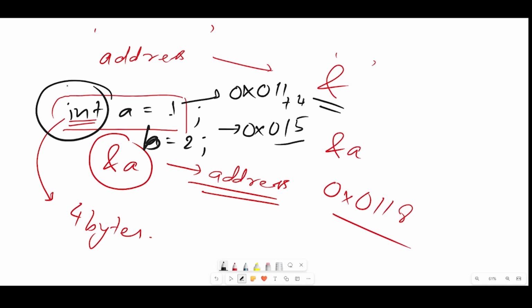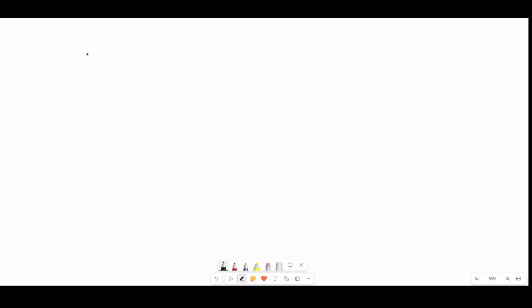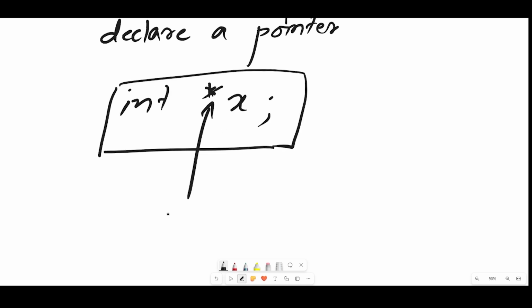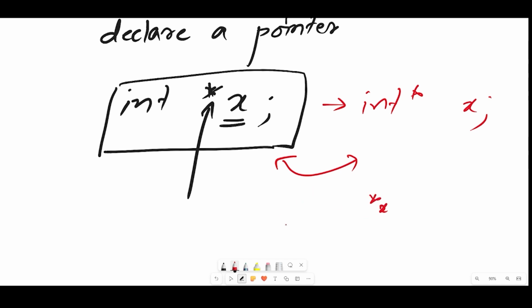Now the big question is, since we're doing pointers, how do we declare a pointer? That we have to understand. If I have to declare a pointer, the best way to do it is to write int *x. This is how we declare it. Here, this star is what makes this variable a pointer. There is one more way which you will see generally. We can write int* and then give a space and write x. Both are the same. Whichever you prefer, you can use. I prefer to put the star with the x. Some people prefer to put the star with the data type. It doesn't make much of a difference.